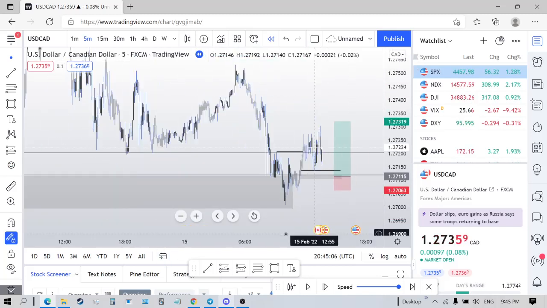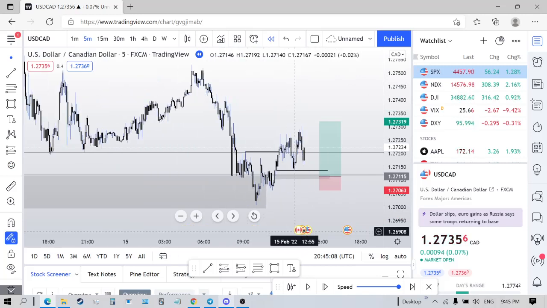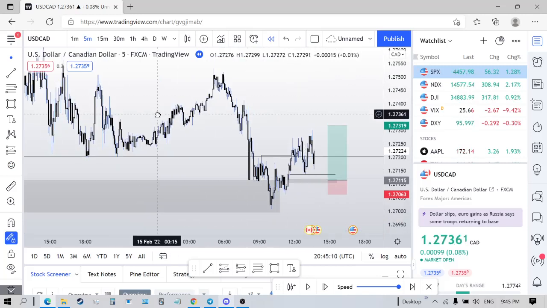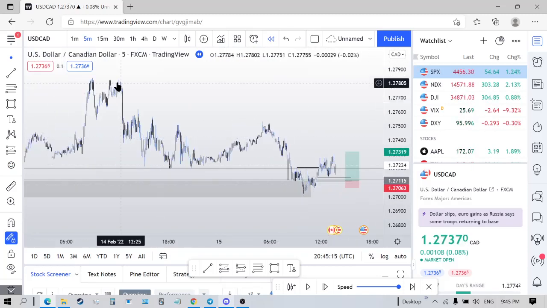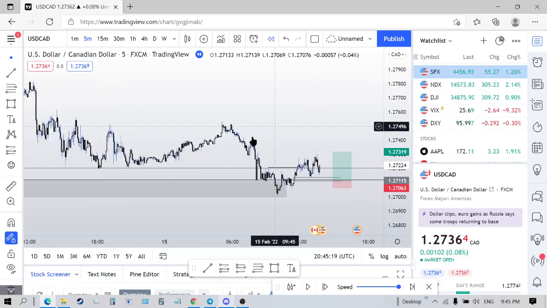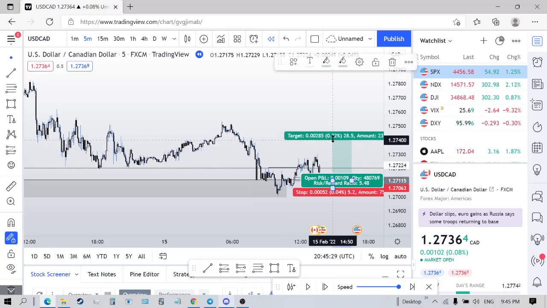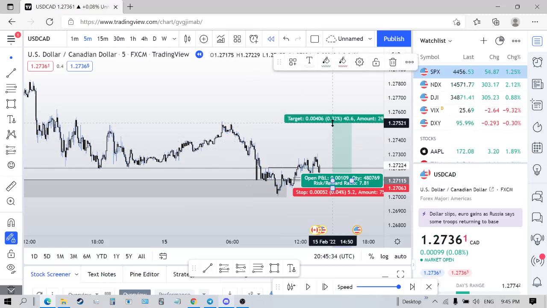Now, for targets, I'm looking for at least the low-hanging fruit, right? High-hanging fruit would be for it to get all the way up to this buy-side liquidity objective. Low-hanging fruit is somewhere around here. You've got buy-side liquidity here. This is about one deviation of this swing from this low to this high. So I'm looking for this as my target, at least a 1 to 5 risk to reward. Now you could target up here if you want to, but I like to look for the low-hanging fruit.